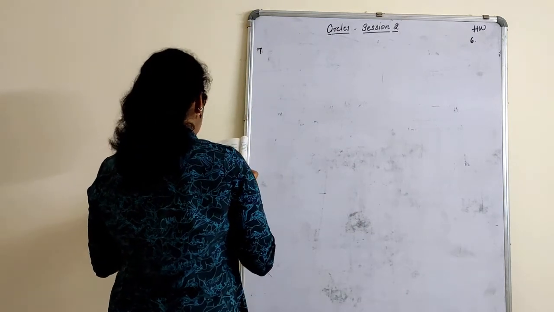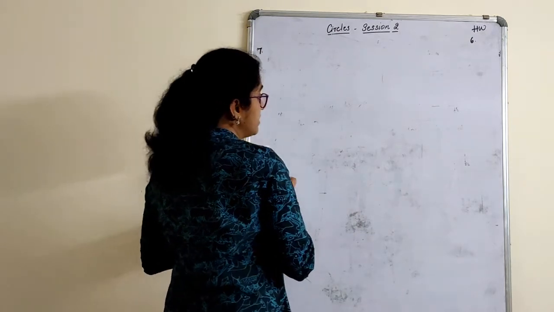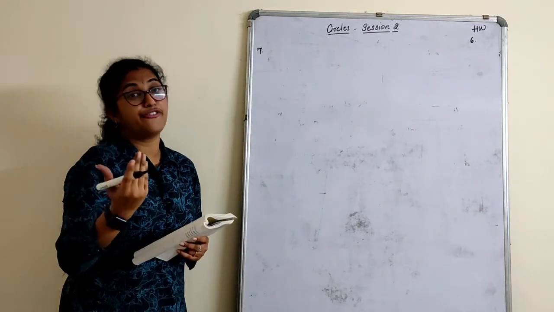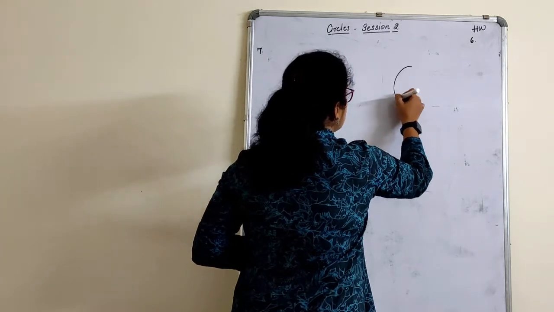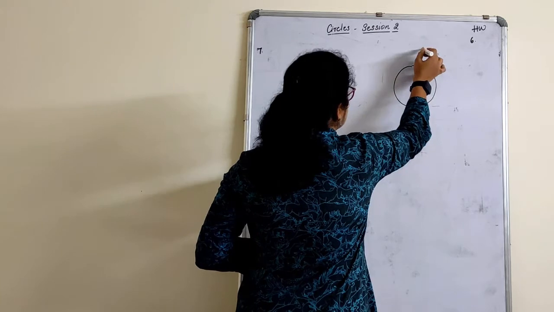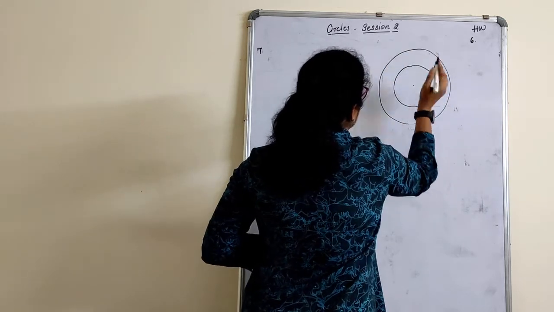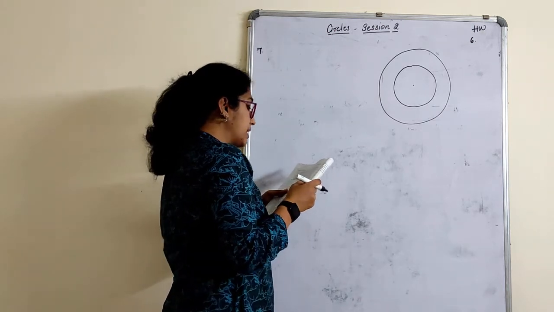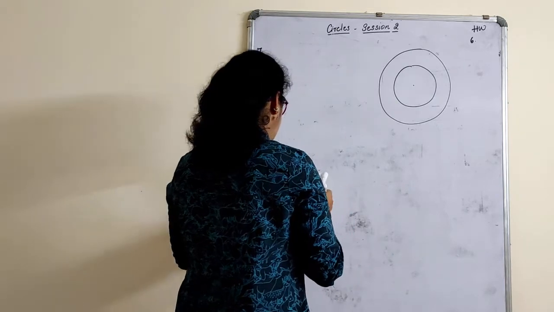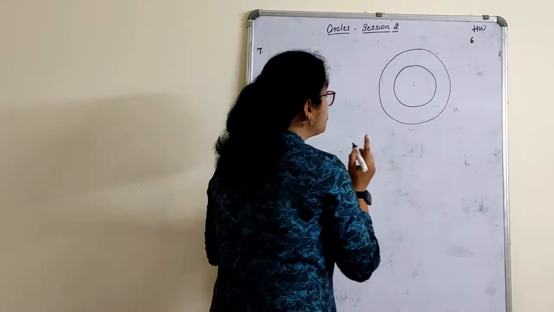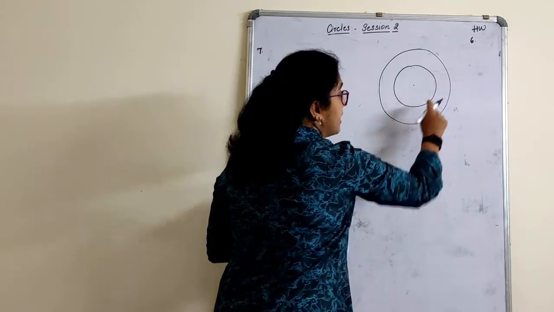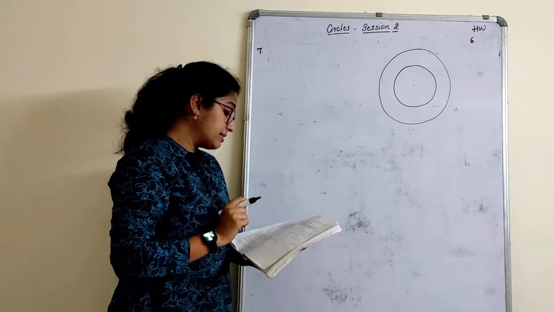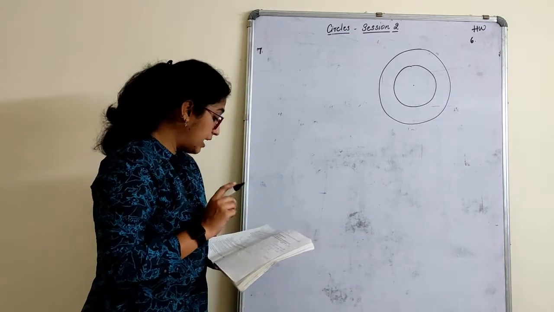Two concentric circles are of radii 5 cm and 3 cm. What are concentric circles? Circles which share the same center but with different radii are called concentric circles. So this is one circle with a center. This is another circle with the same center. So two concentric circles are of radii 3 cm and 5 cm. Now the trick here is you should know how to draw the radii. You can't just draw one same radii here. Read the further question.